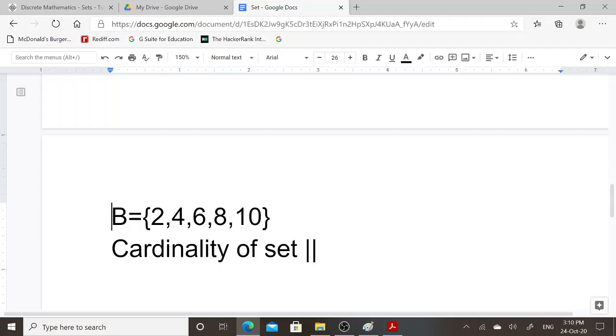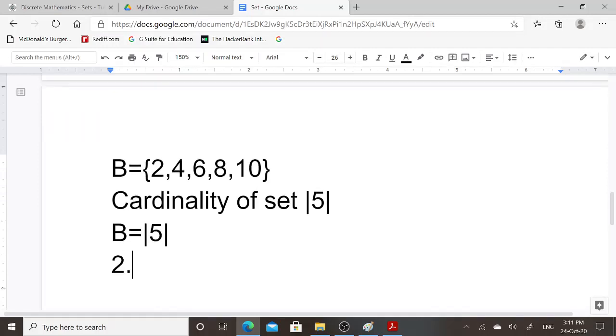Consider the example of set B. Here in this set, the total number of elements present is 5. This is 1, 2, 3, 4 and 5. So what is the cardinality of set B? Cardinality of set B is 5, and it is specified within two vertical lines. That is, a total of 5 elements are present in the set B.